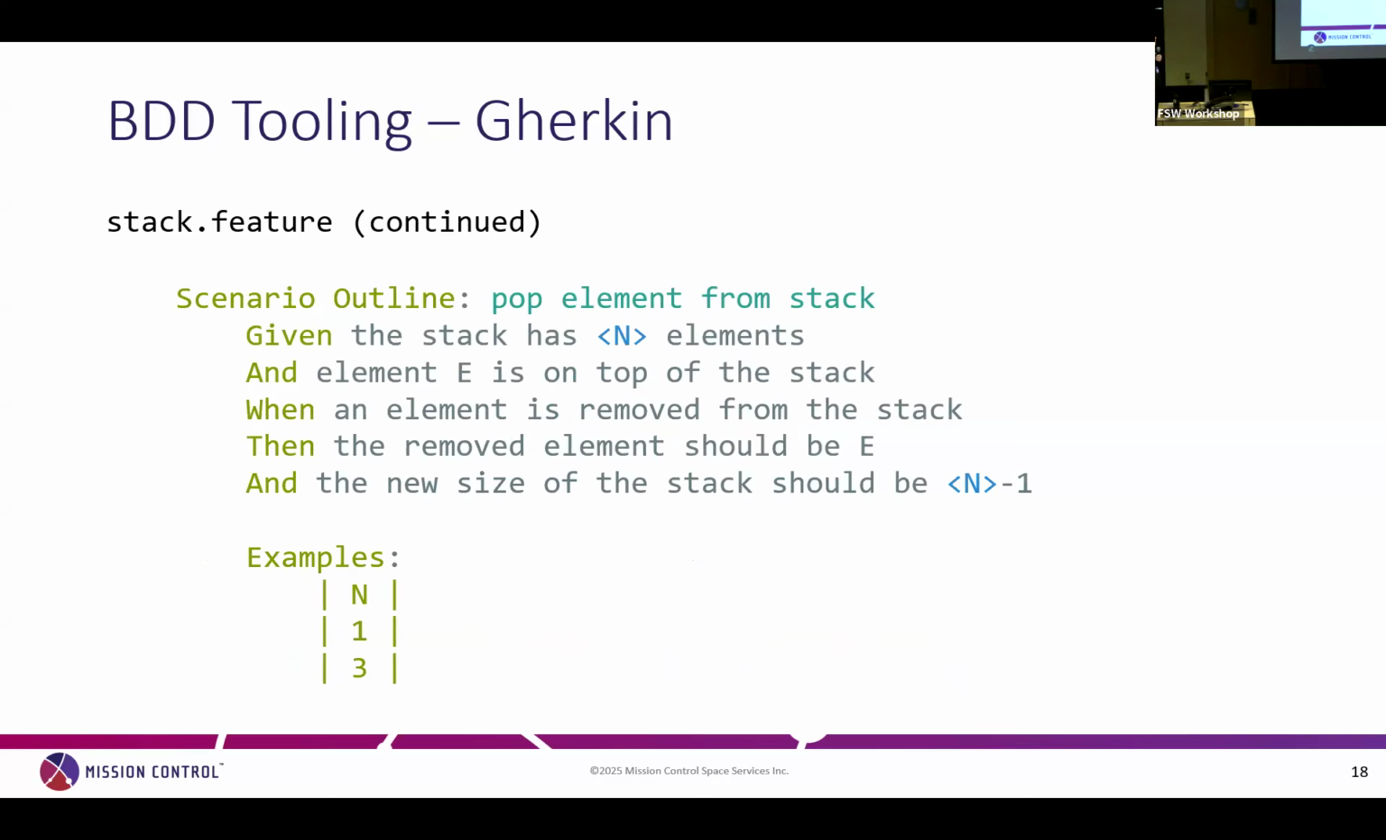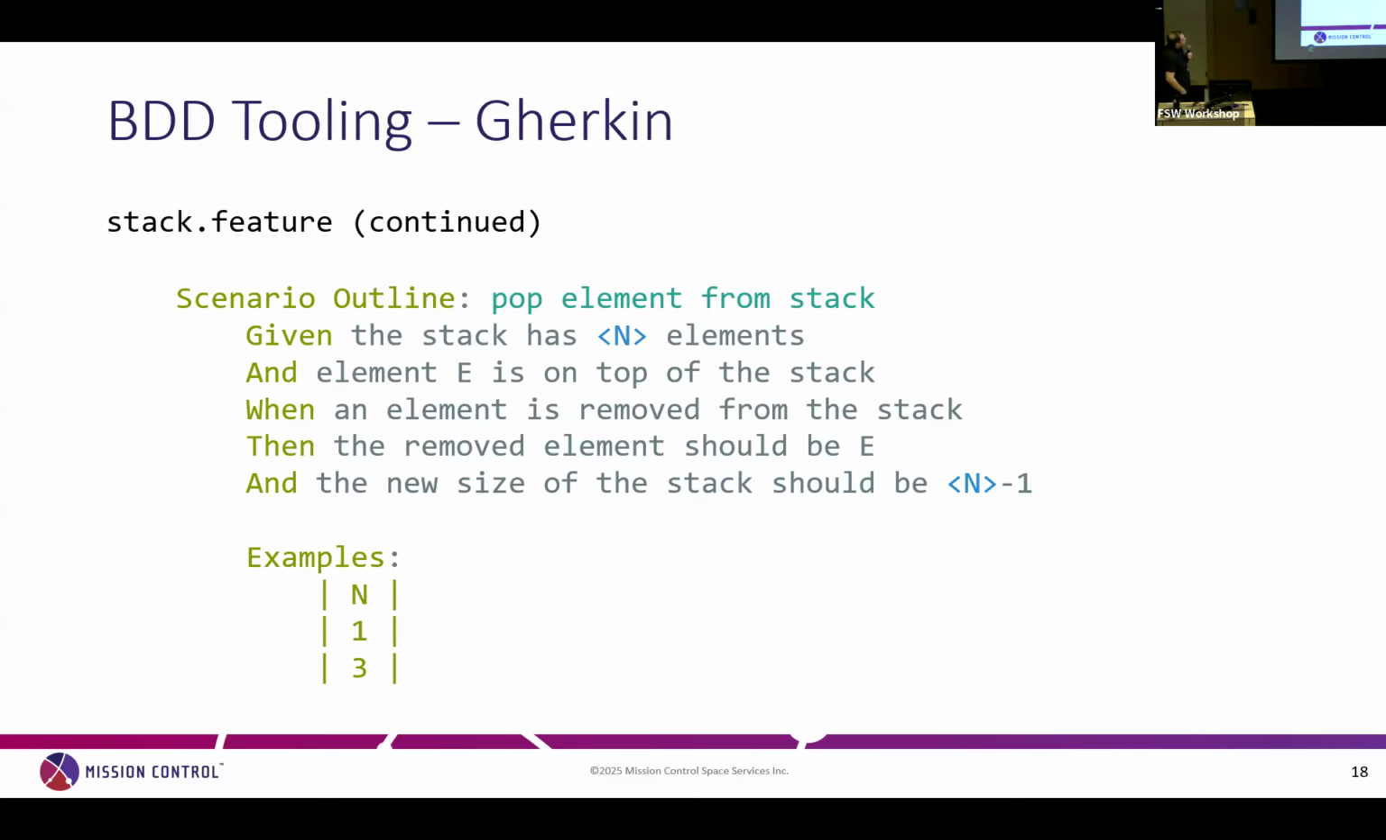So this is a scenario outline. It's just a template basically. You can have these template scenarios where you have variables, like in this case, n, which is the size of the stack. So if you want to try, in this case, to remove an element from the stack with stacks of different sizes and test all the edge cases, you can have these scenario examples. So you can have a table at the end with the stack size you want to test, and then you plug that into